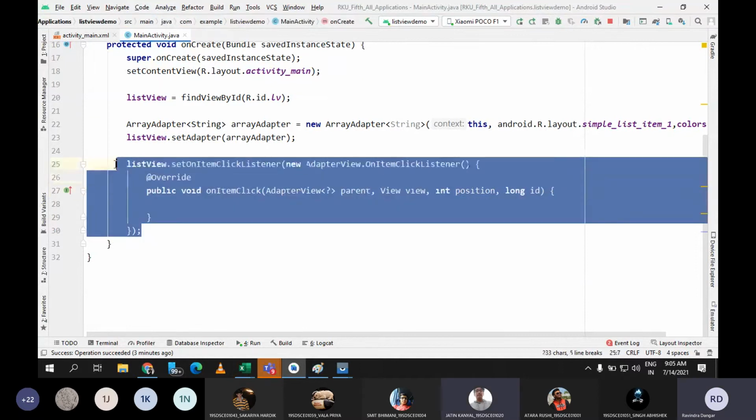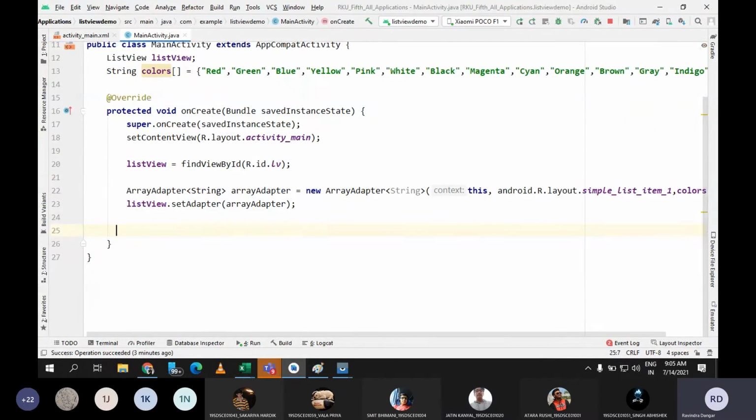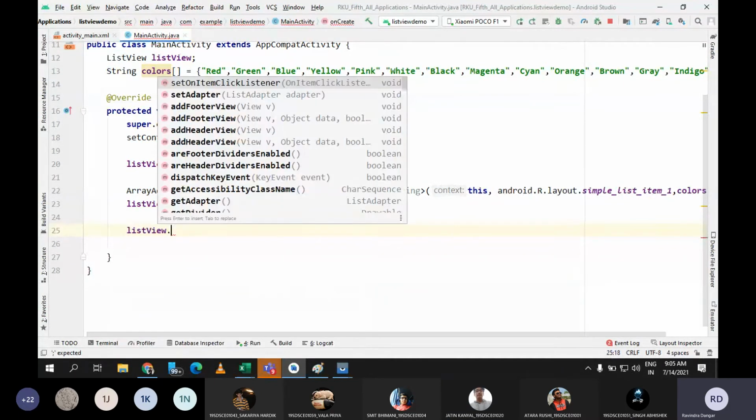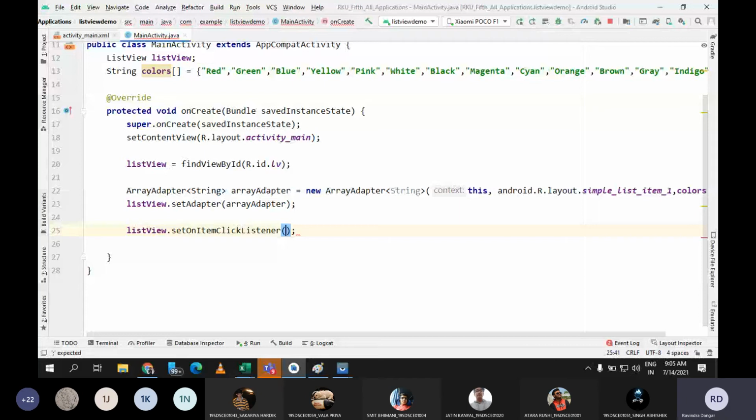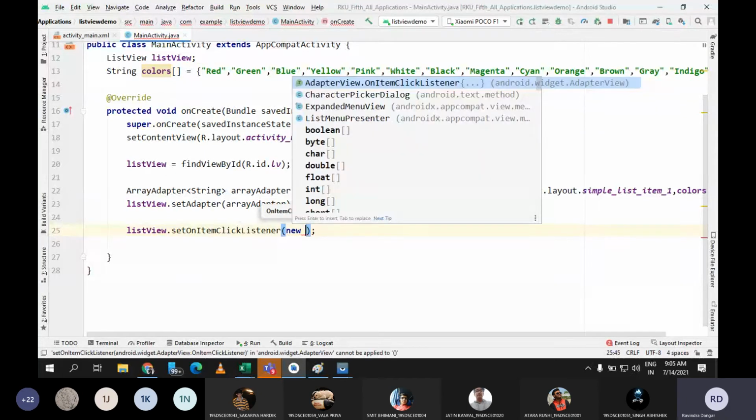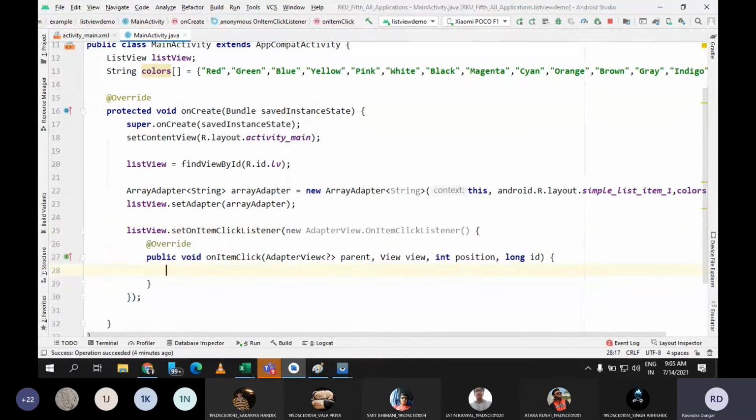Yes sir. Let me do it again. You write the object of list view, which is list view dot, and the method name is set on item click listener. Then you can implement the adapter view on item click listener. For that, by writing new and control space, you will get it. And this is how you can implement the on item click method.